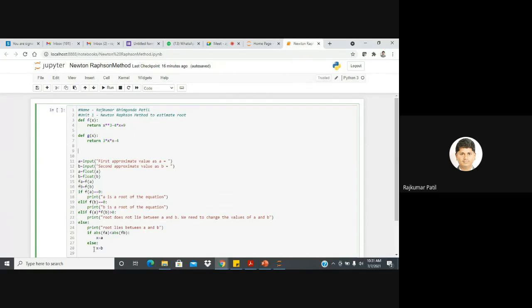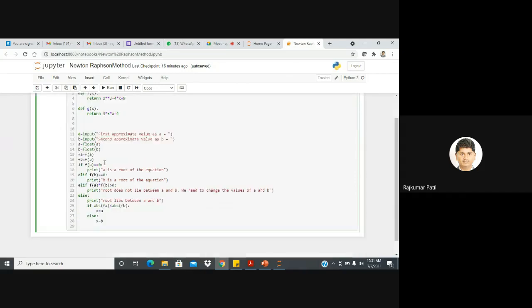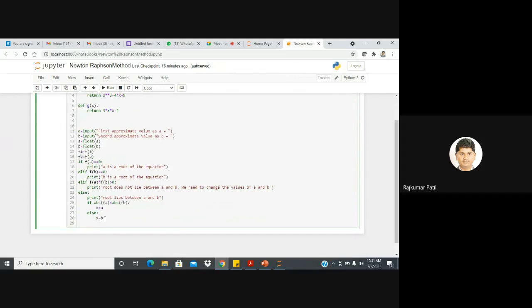So after this the program will go back to the Newton-Raphson loop and it will start iterating. So what we will do, we will put here